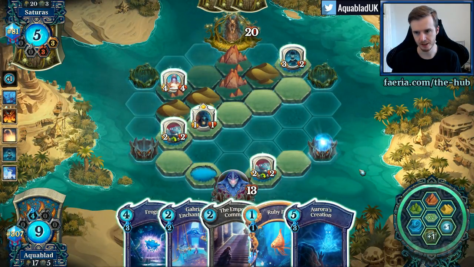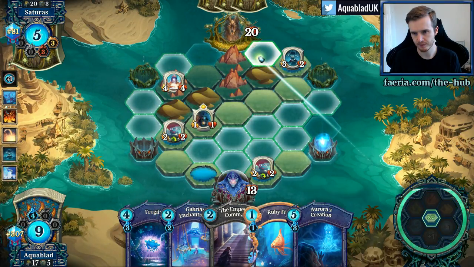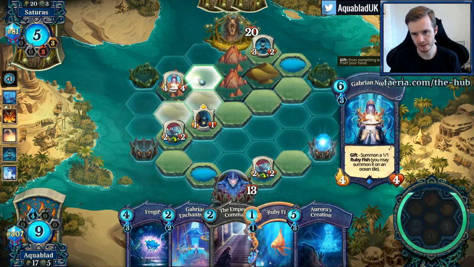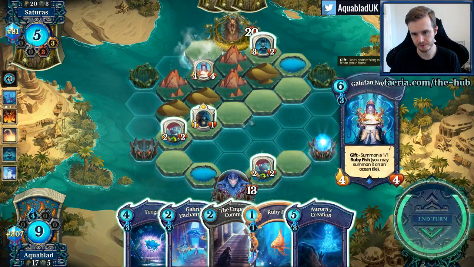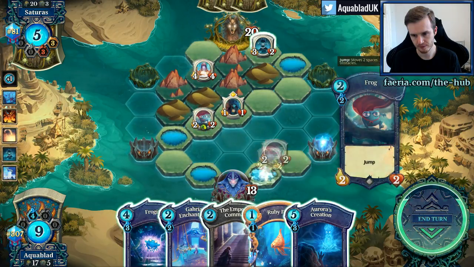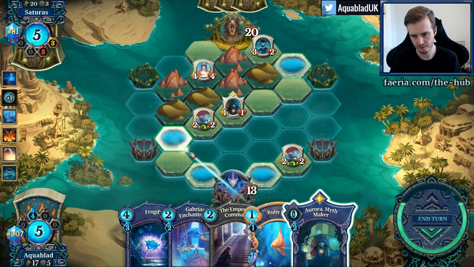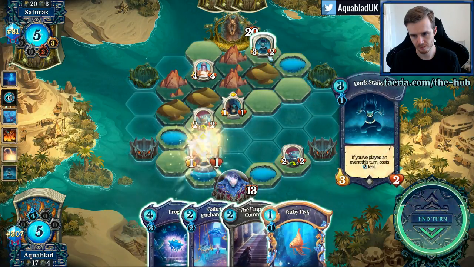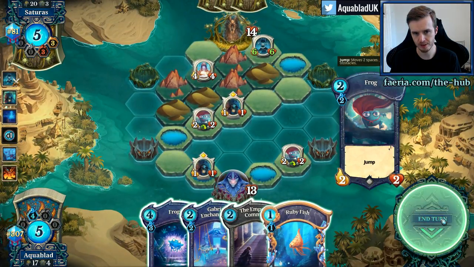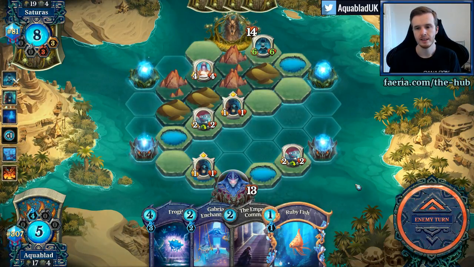Aurora's Creation. Not really what we're looking for, unfortunately. Actually, Aurora's Creation's pretty good here. Because now we're just gonna race him. That's 10 damage next turn. And I have Frogify ready for the Scourge Flame. So Scourge Flame will deal...